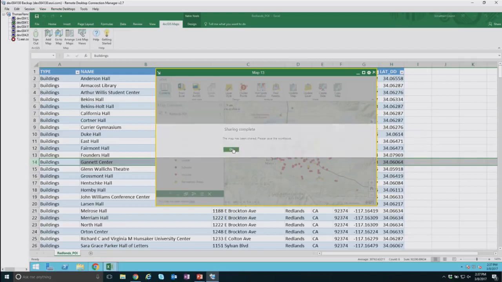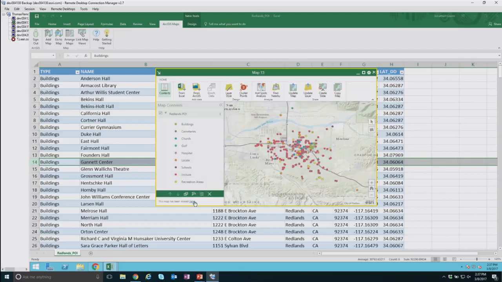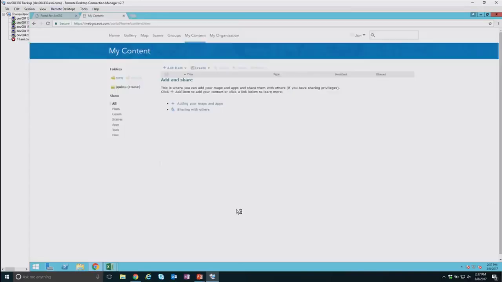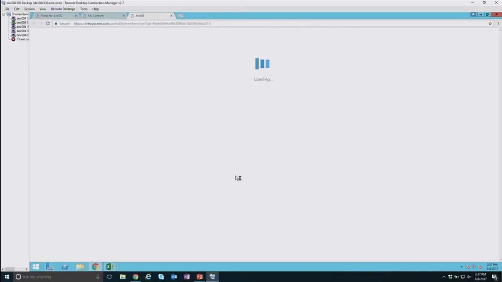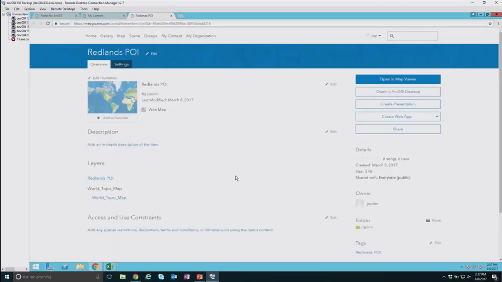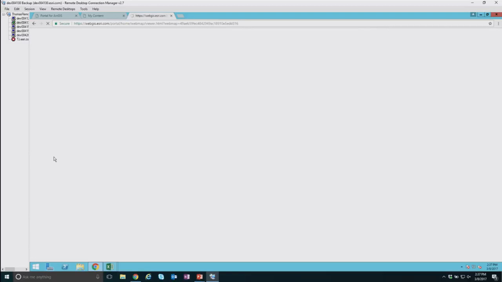Looks like the sharing is complete. So at the bottom left here, there's a link to open the map. And if I click on that link, it opens in a browser. And it's essentially just opening the item information page for the web map. And here you see there's a layer, an operational layer within this web map. And that's pointing to that point layer that I created. This also has a base map. And if I click on Open in Map Viewer,